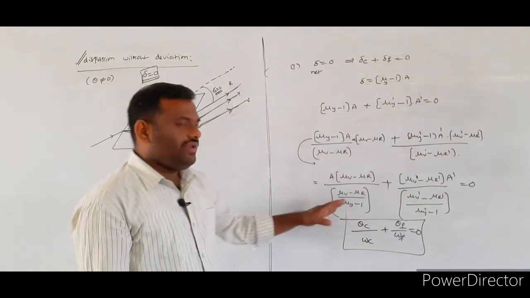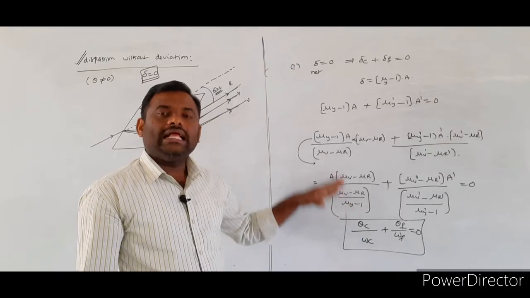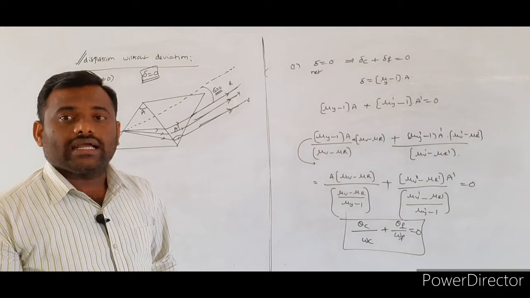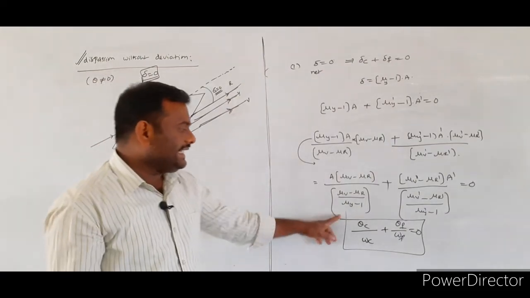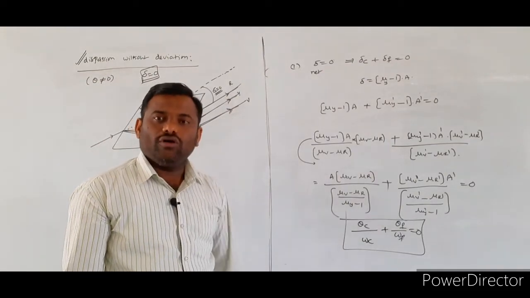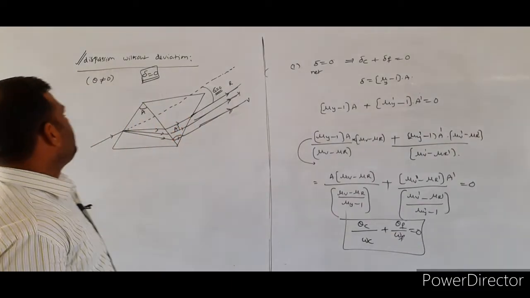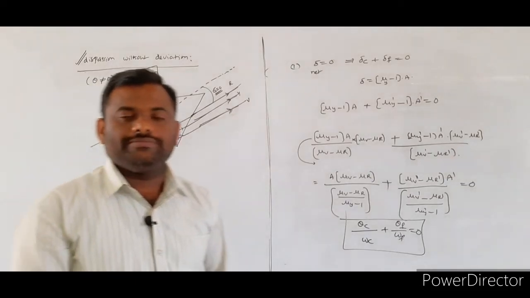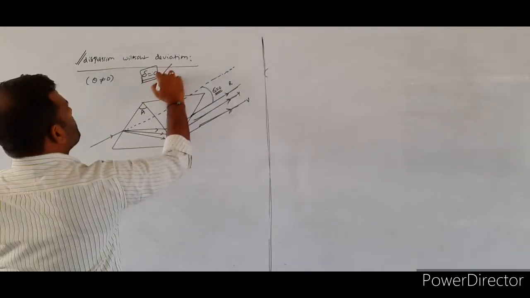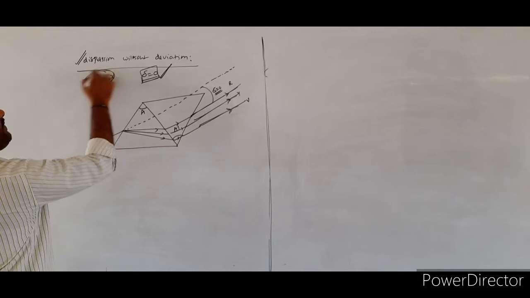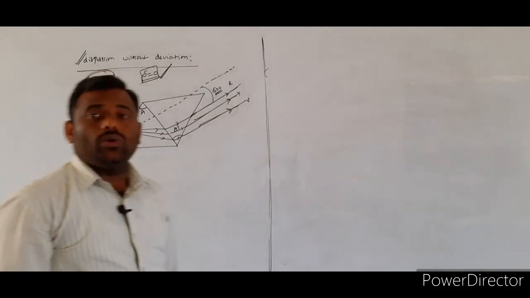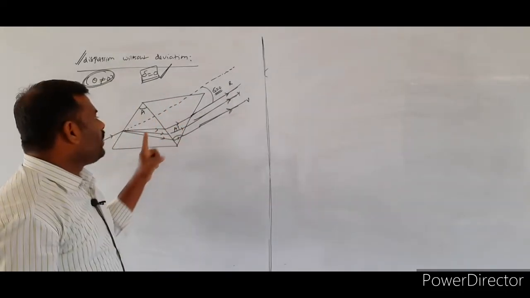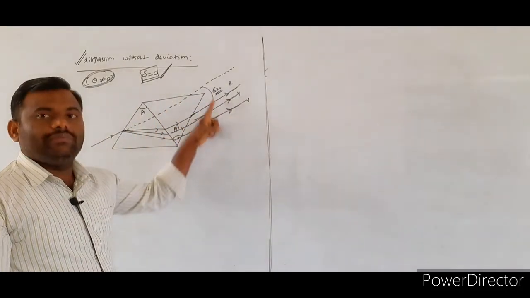So whenever the light ray is undeviated and dispersed, the condition for that is given by theta c by omega c plus theta f by omega f equal to 0. Like this we have to explain the dispersion without deviation. So first we proved this one. In the second case, theta value is not equal to 0, since even though you consider the two combined prisms, dispersion of the light will take place.